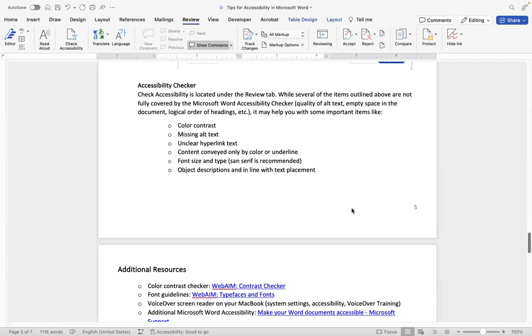But I will say that the accessibility checker can help with items like color contrast, missing alternative text, unclear hyperlink text, content conveyed only by color or underline, because you never in a document want to only convey information with color or underline, because again, screen reader users then won't have the same access to that information. Font size and type, I want you to know that sans serif is recommended. And what that means is it doesn't have loops and cursive-like shapes,